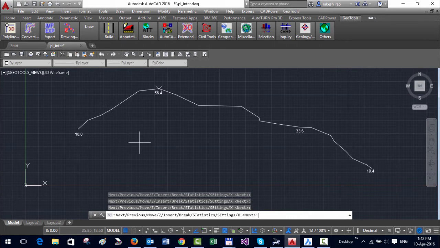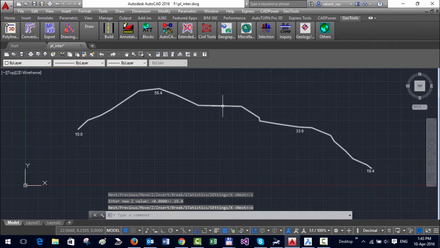The next is this one, 56.4, and then I come here 33.6, and then finally the last one is 19.4. So using ExpressPedit I have been able to easily assign known Z elevations along this polyline.